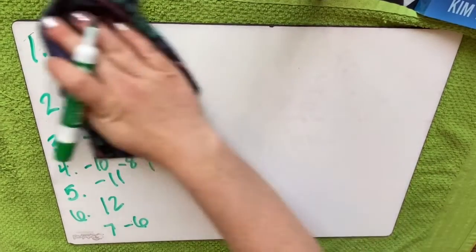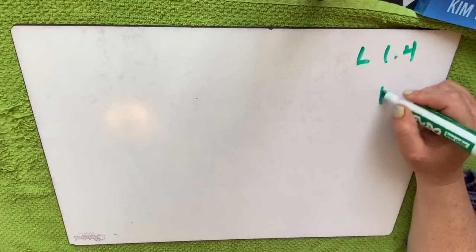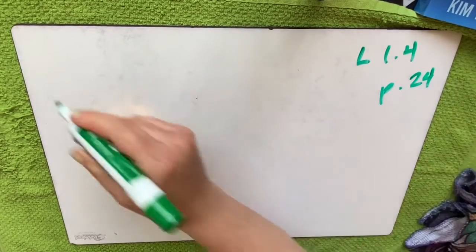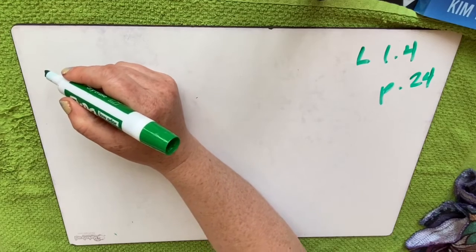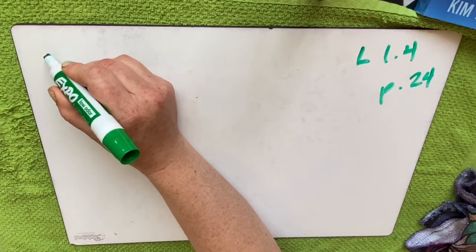Okay, we're moving on to 1.4. So I'm on lesson 1.4, page 24. Okay, so we are multiplying. Okay, so this is where you need to know something. When you